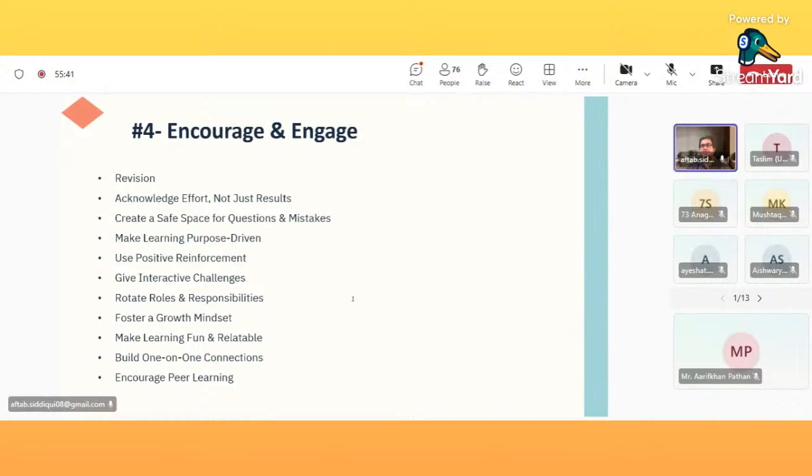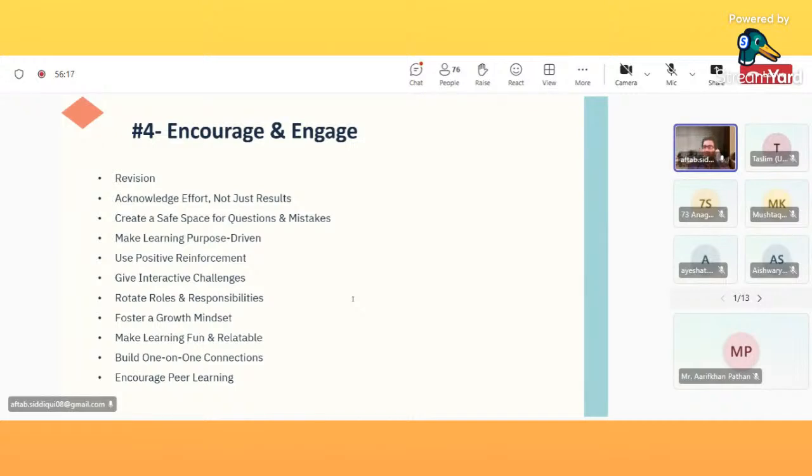Okay, see the word that I use. Hey student, the drug interaction that you are learning today will save the life of the people tomorrow. So make your learning purpose driven. Give them a purpose. You have to tell them this pharmacy, this particular subject, is not like selling a grocery, it is something which is saving the life of the people. So give them some purpose why they are learning this curriculum, this subject, this topic.